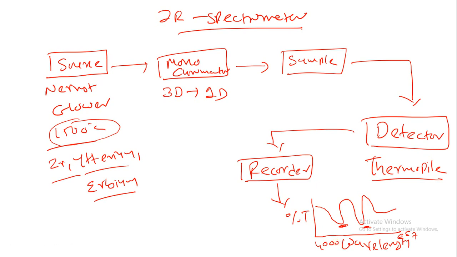So now what is a thermopile? Let us understand the detector, that is known as thermopile. When two ends of a metal wire are attached with the two ends of another metal wire, then a difference in temperature between the two ends causes a current flow in the wire. The intensity of radiation falling on the thermopile produces a current.